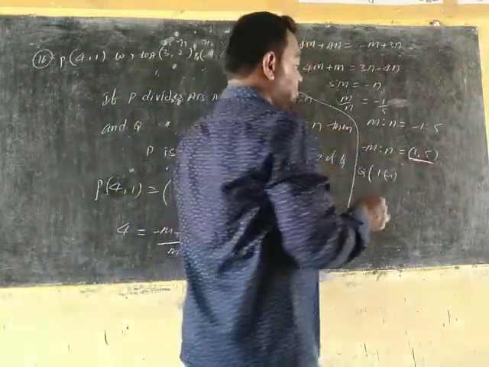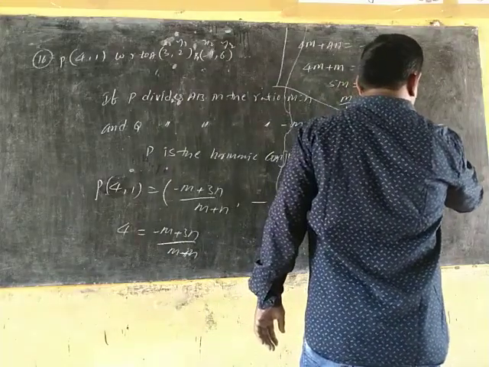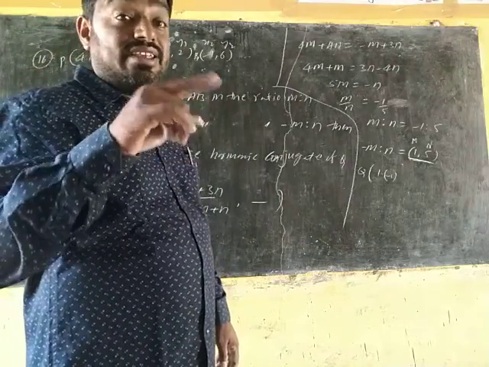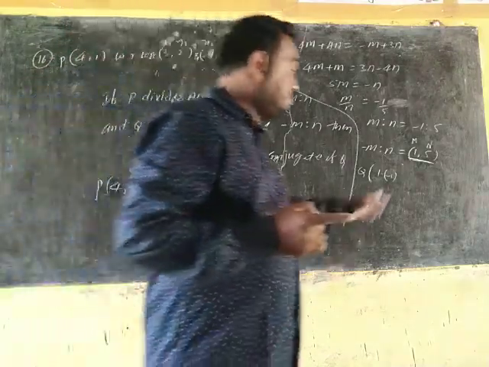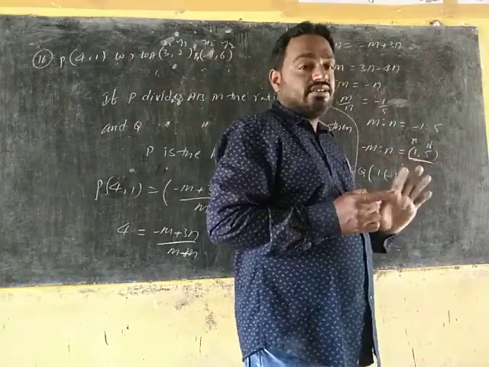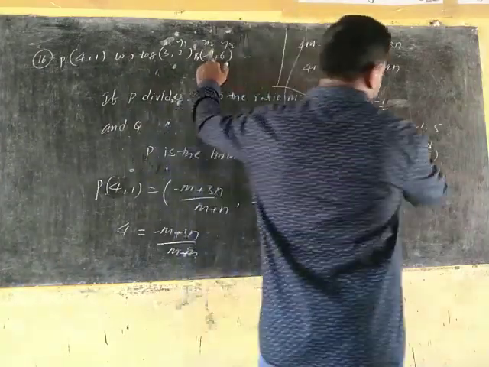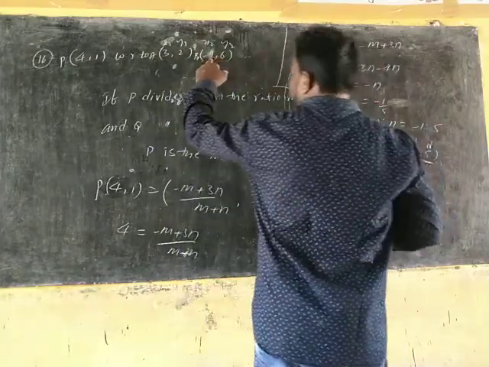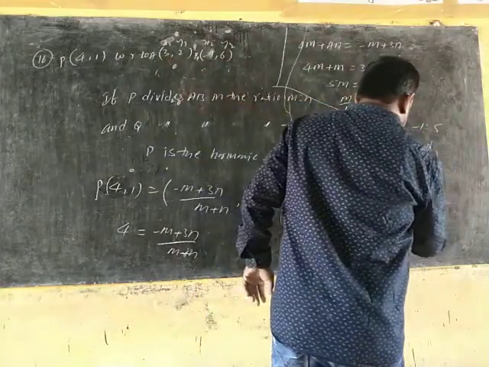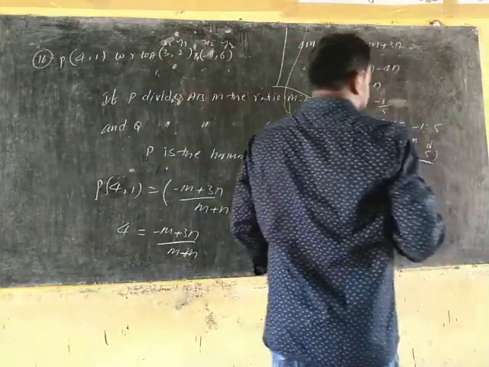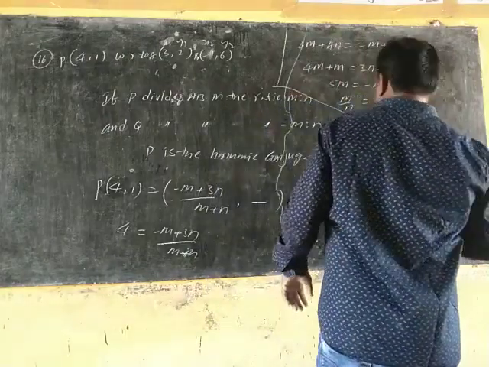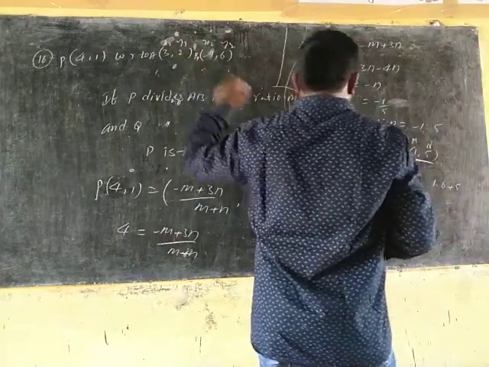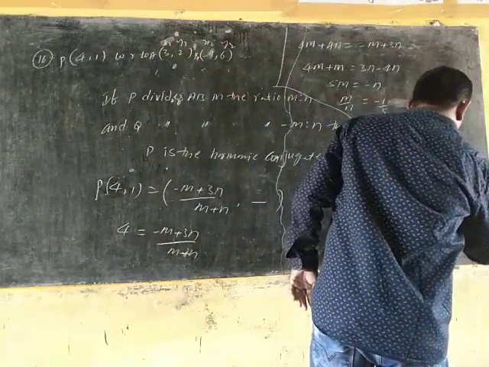M is to n ratio, you take this one. So here this is our actual m, and for some difference I am writing capital M and capital N. (mx2 + nx1)/(m + n). Here m and n capitals, just for difference only I wrote. So 1 into x2 plus n into x1, x1 is equal to 3, by m plus n, 1 plus 5. Next m into 1, y2 6, plus n into y1 2, by m plus n, 1 plus 5.